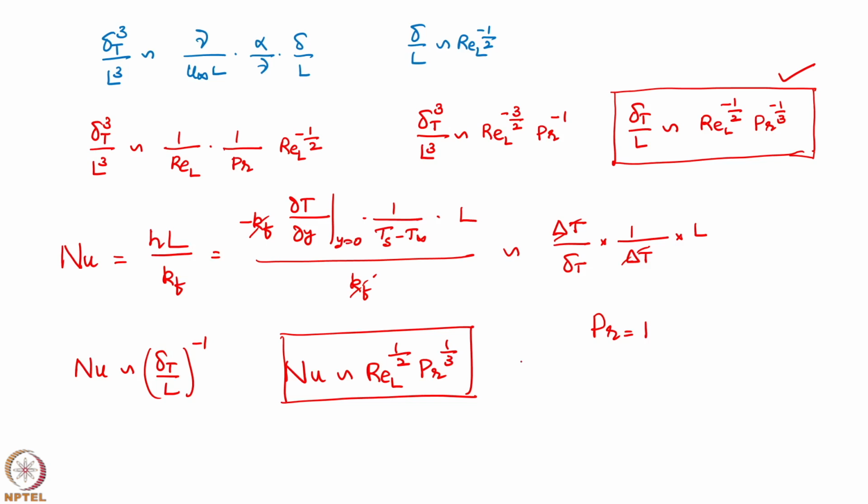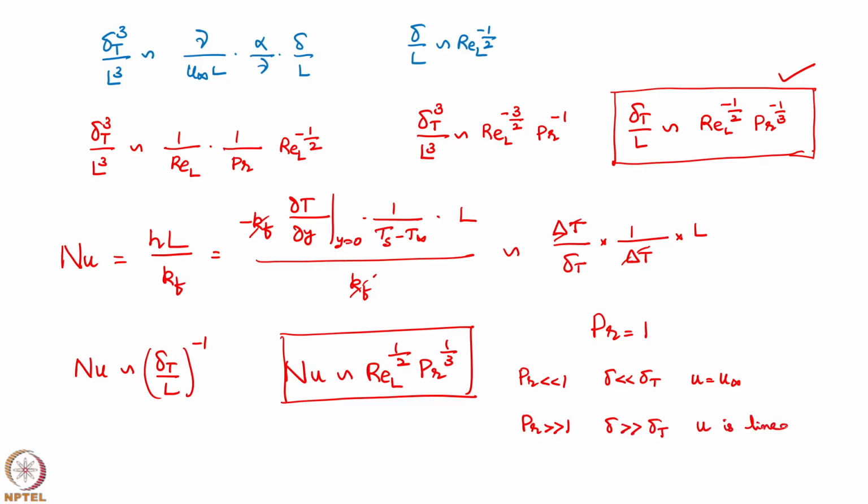If you recall, Prandtl number very much less than 1 means delta is less than delta T and we assumed that u is equal to u infinity. But if Prandtl number is greater than 1, delta is greater than delta T and we considered that u is